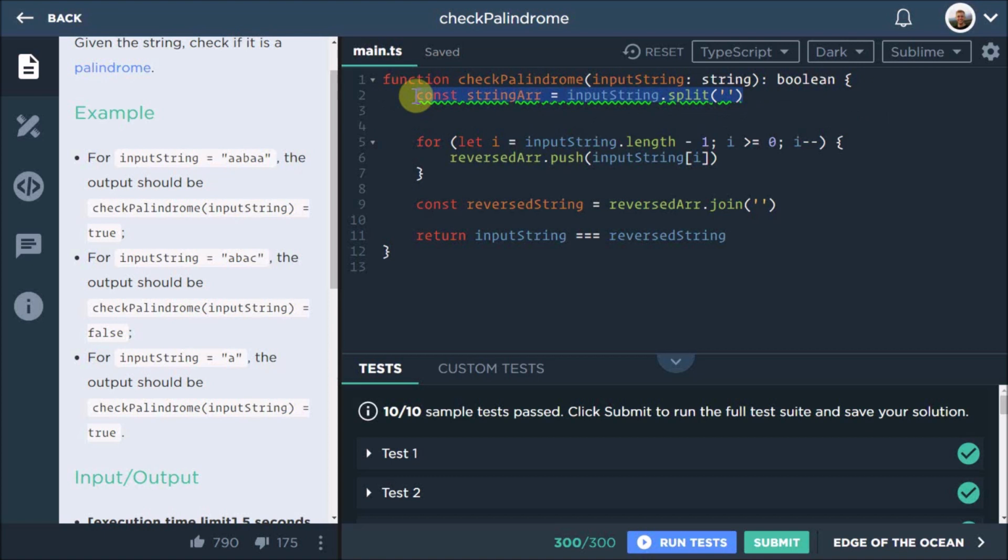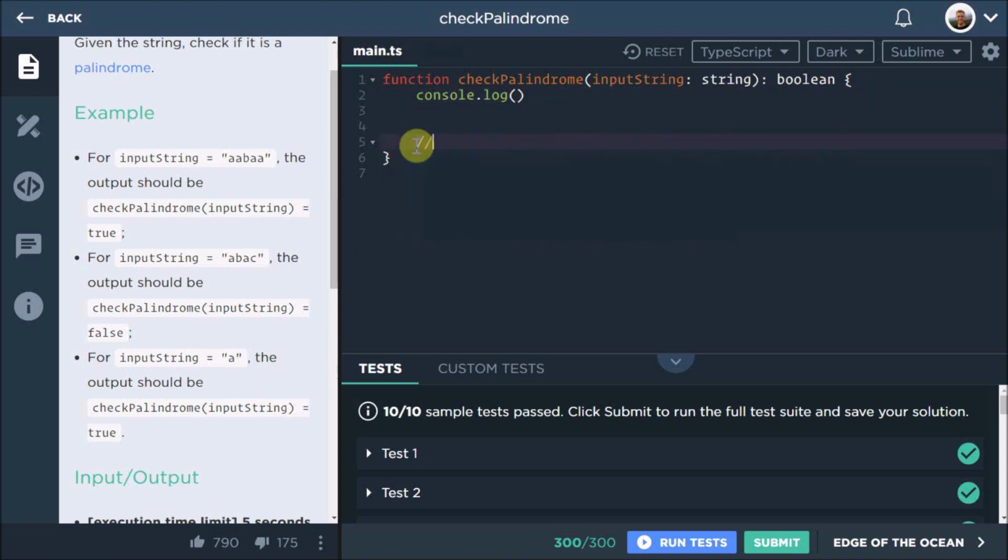You're able to actually just console.log. So remember, our tests are going to fail now because I messed up. But I want to specifically focus on the console log. So let's just comment this all out, or remove it all. I don't need it anymore. And we'll just return false for now. So we can console.log input string at 1. Remember, before we did need to use the array methods and stuff because we couldn't reverse the string without converting it to an array.